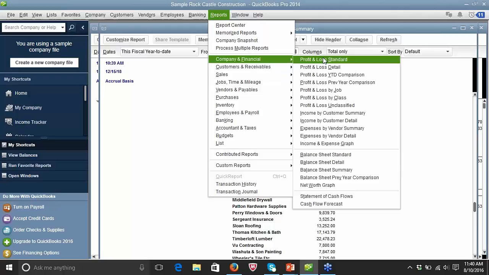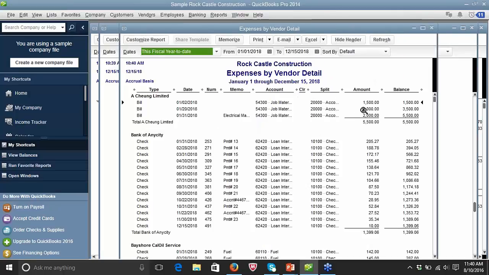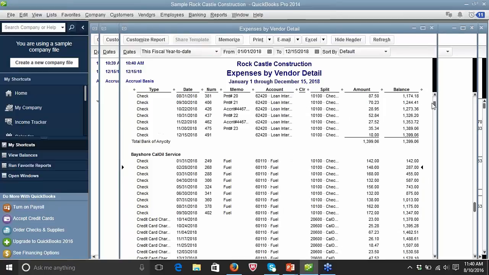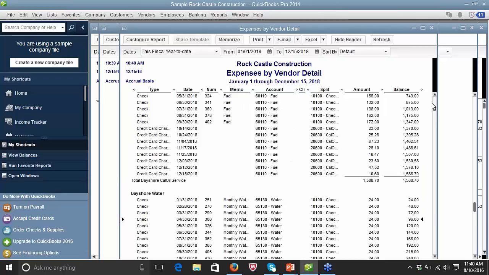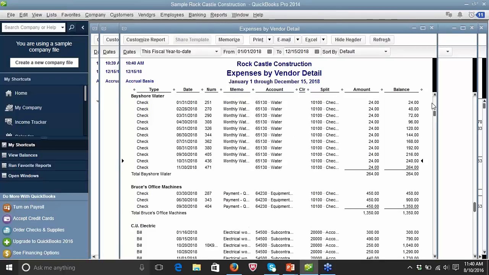And then those expense reports can also be in a detailed format. So you can see exactly where you're spending your money with each vendor, what type of things you're buying and using. And it's another type of thing which you also might, as somebody said, can you put this into an Excel spreadsheet? And this one you can also as well.